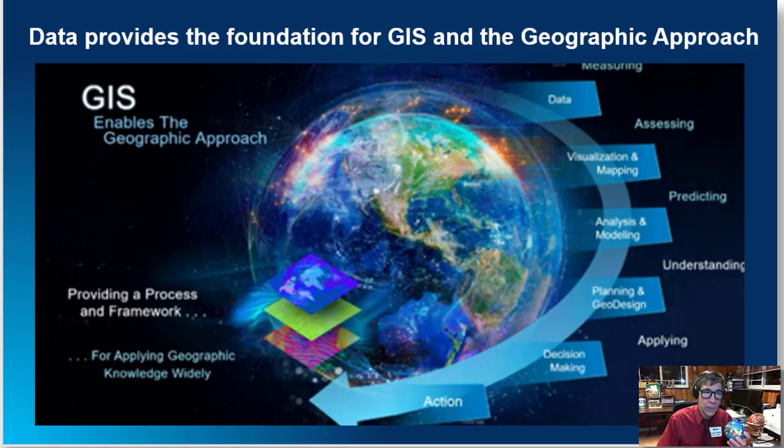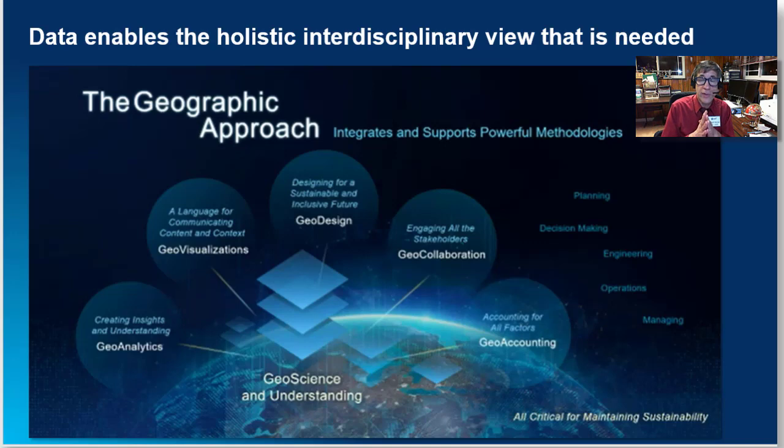I would also submit to you all that data enables this holistic, interdisciplinary view that is needed. Specialization is good. We need people that understand soil and energy and water and biomes and population demographics, etc. But we also need people that understand a holistic view of the world, and if you adjust one variable, other things on the planet, under the planet, over the planet, etc., and the people that are living on that planet are affected.